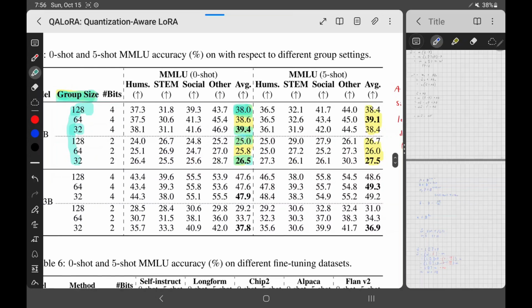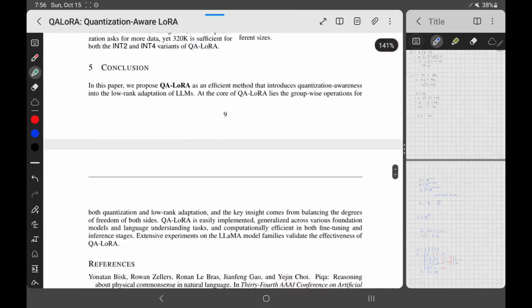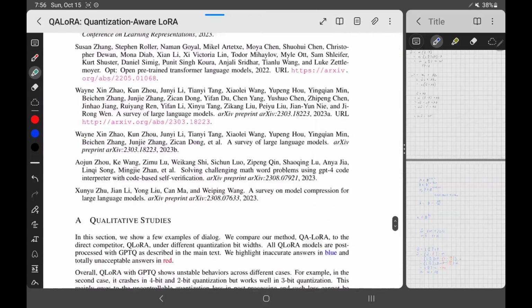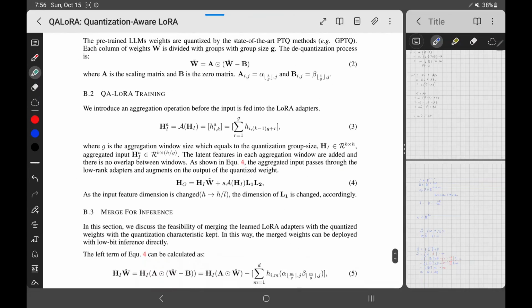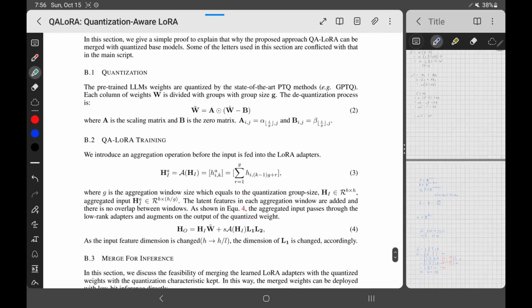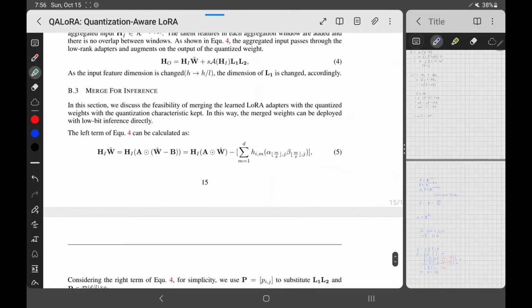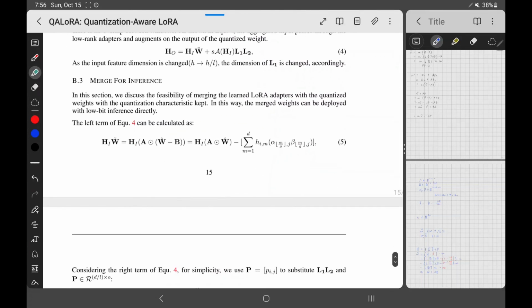And it's a trade-off. The larger your group size, the less data you're going to have to store, but the worse your model is going to perform. The smaller your group size, the better your model is probably going to perform. I guess not in this case, but the more data you're going to have to store. So it's a trade-off that you have to make. And yeah, there's more things. There's also this part here. If you want to merge for inference, it does not look that good right here, but